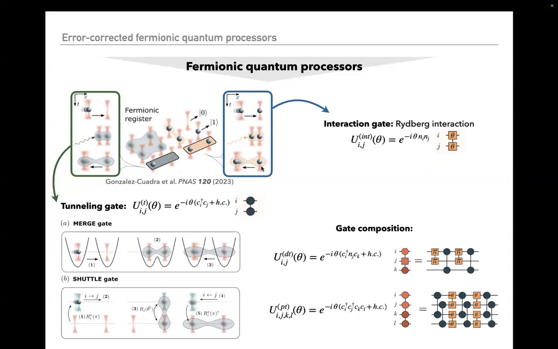For instance, there is a density-dependent tunneling gate that you can realize. So you can tunnel between modes I and K, depending on the occupation of a third mode over here. And you can decompose this into these elementary gates with a certain combination of angles. And similarly, you can, for instance, have here this,